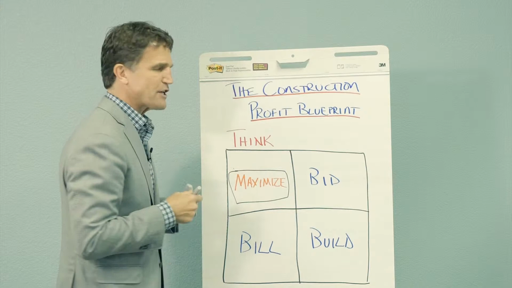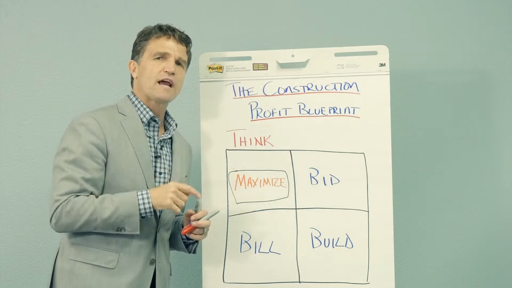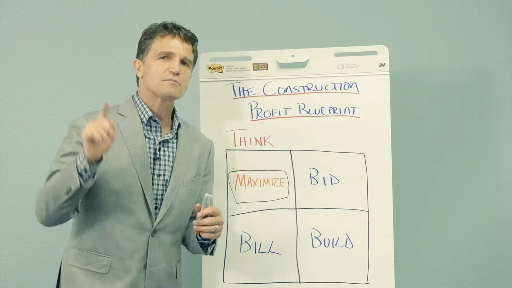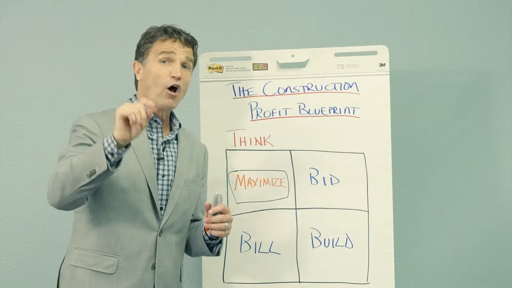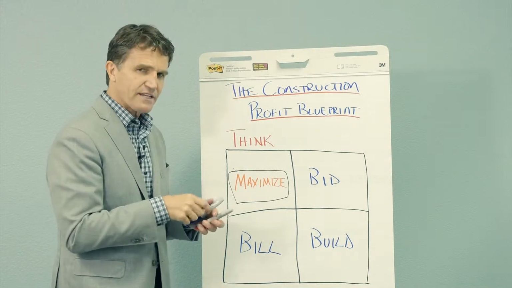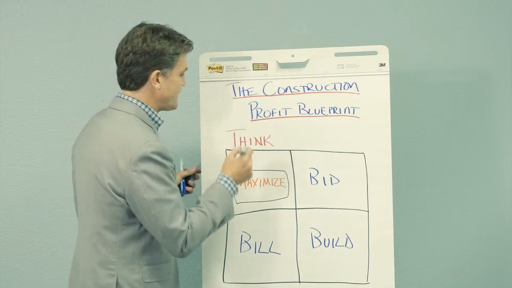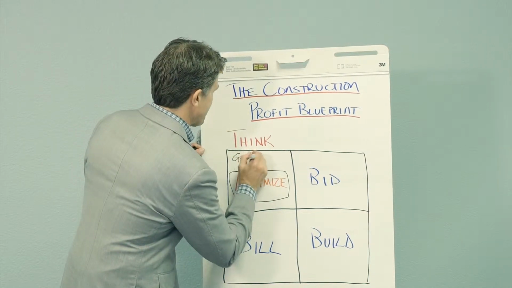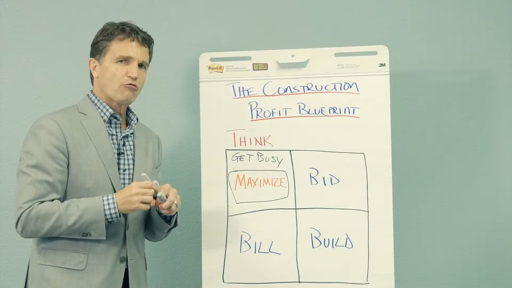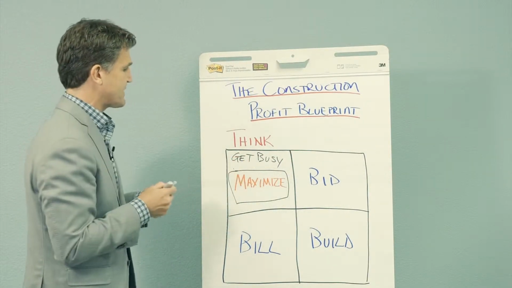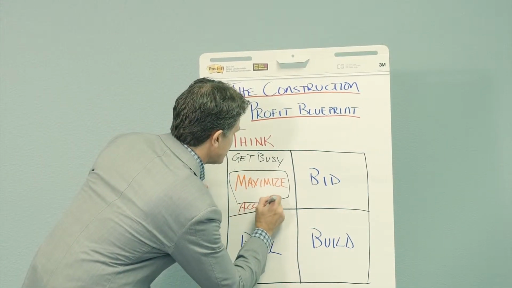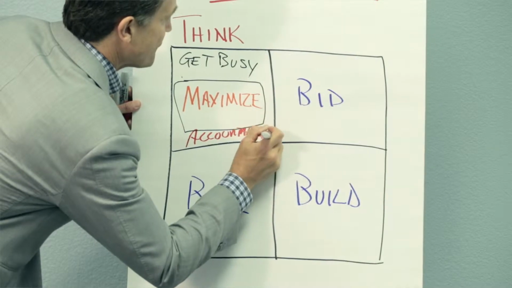So in order to maximize your profit opportunities, think back to what I said earlier about how as the leader of the organization, you're responsible for the vision and the direction and ultimately the profitability of the organization. If you're going to be able to maximize the profit opportunities, you need to get busy, not only yourself, but you have to be able to enroll your people to get busy in maximizing those opportunities. And what that's going to require in your organization is accountability.